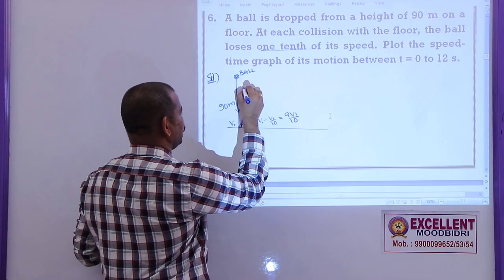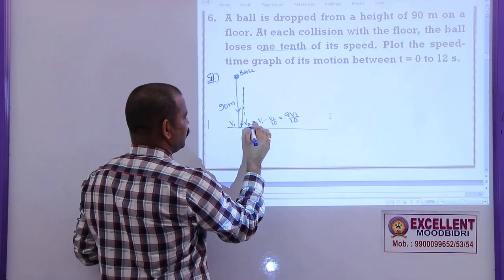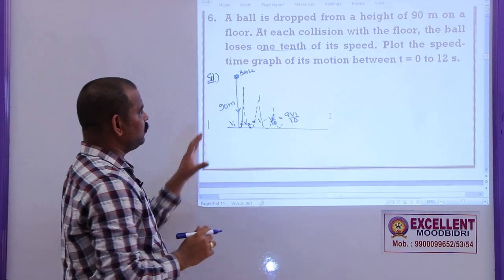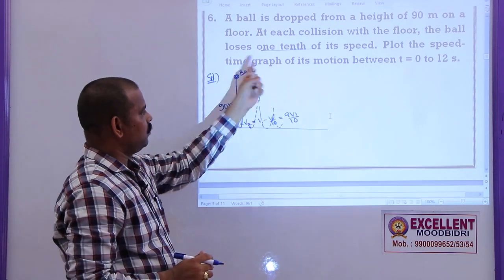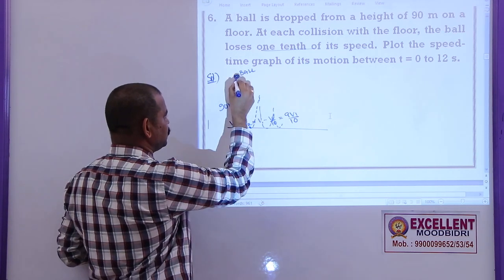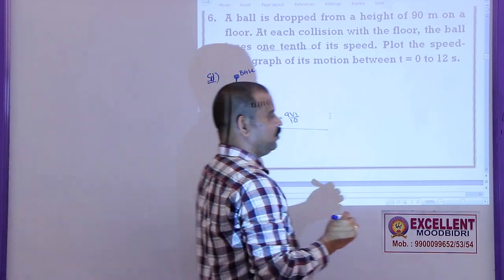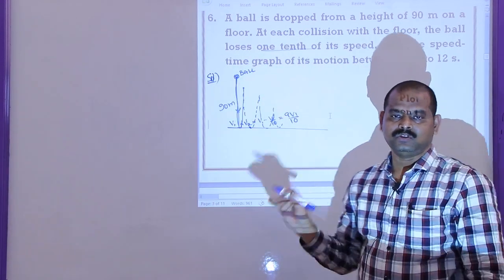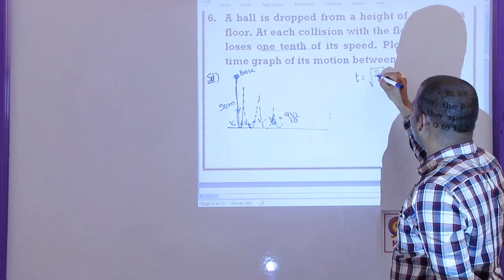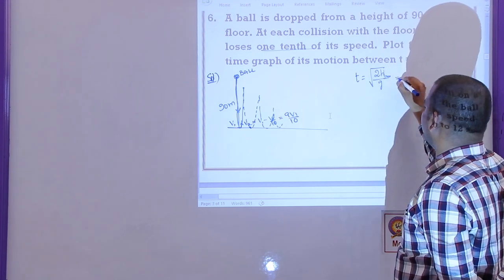Once again it will reach some maximum height and then it will fall down again with velocity v3 here and rebound. So, this motion continues, but I need to show this in a speed time graph. Now, in the first journey, while the first body is falling down, what is the time taken by this body to strike the ground? Now, we can write time is equal to root over 2 h max by g.